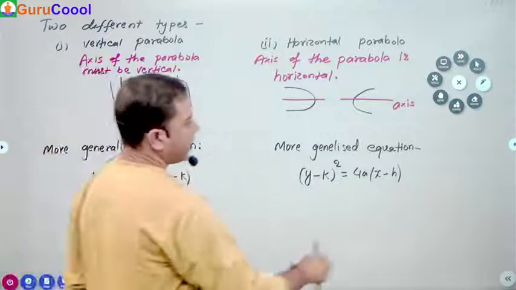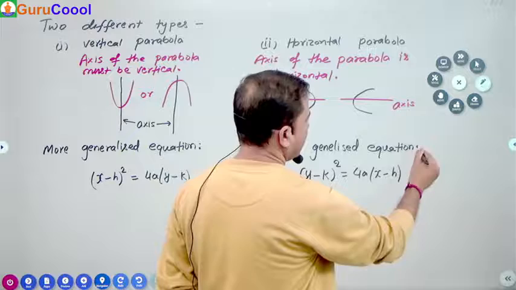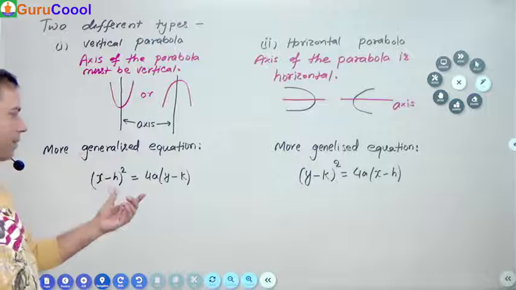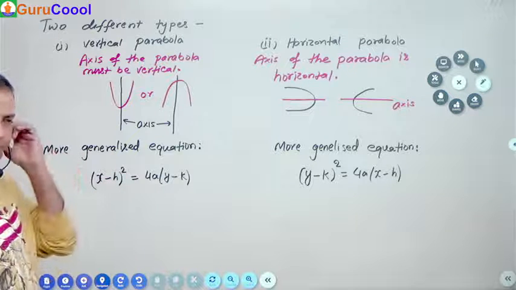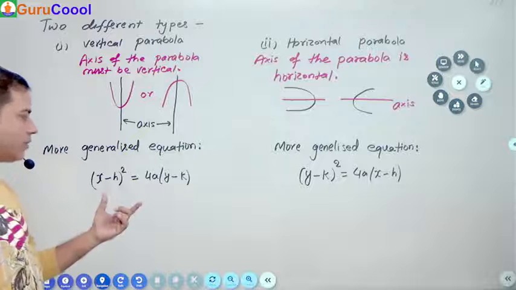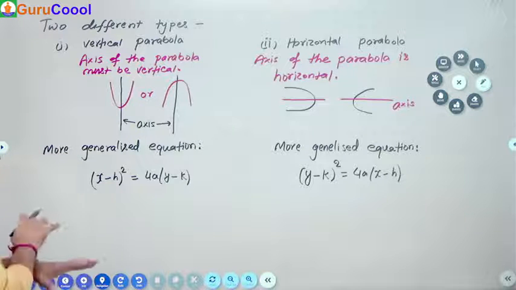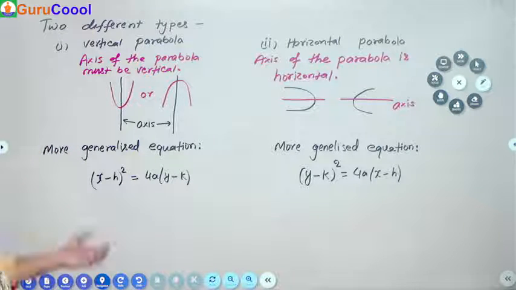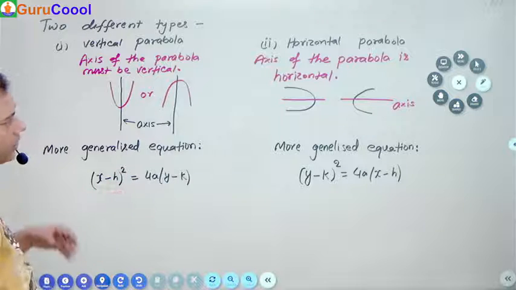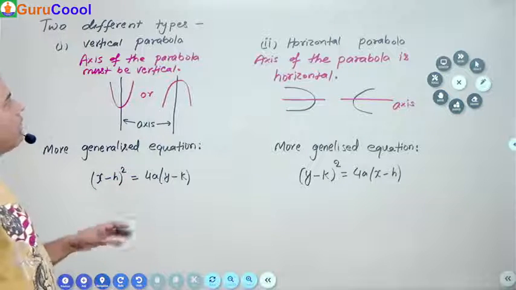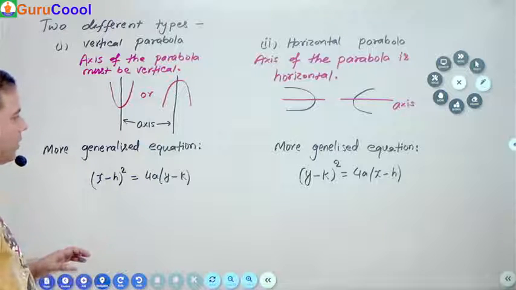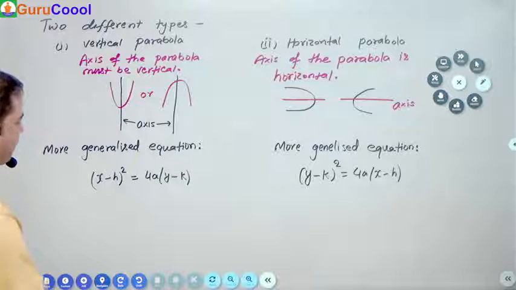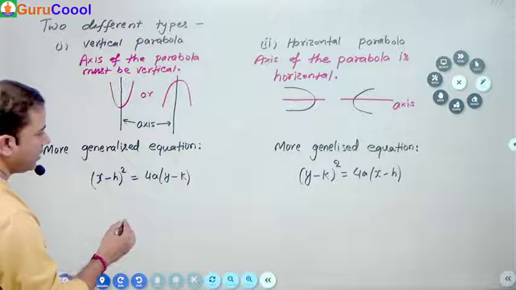Why do we call it more generalized equation? Because this equation has much information about a parabola, like the vertex of the parabola, axis of the parabola, focus of the parabola, latus rectum of the parabola. There are various aspects of the parabola and all the information is involved in this equation. We can extract all the information from it. But in this video, we will be focusing over how to graph. So only about the graphing portion, or you can say the rough sketch of the parabola. And for that purpose, I need only the vertex.